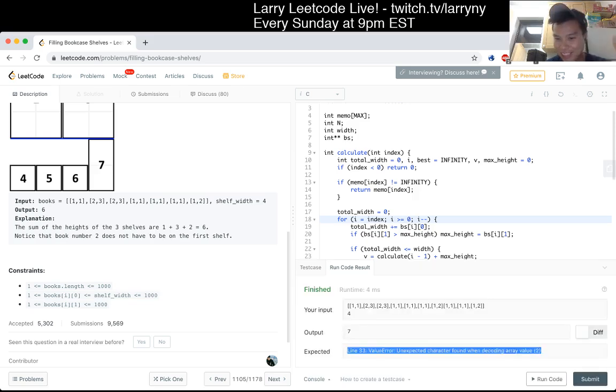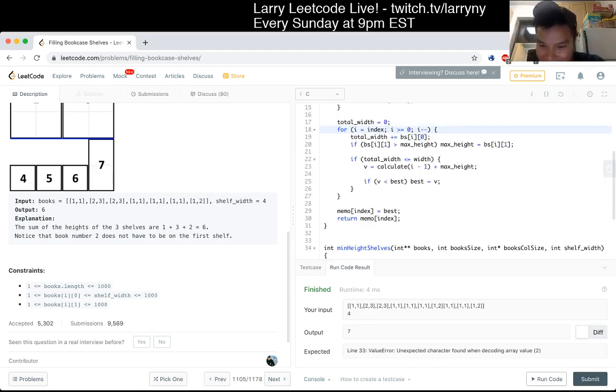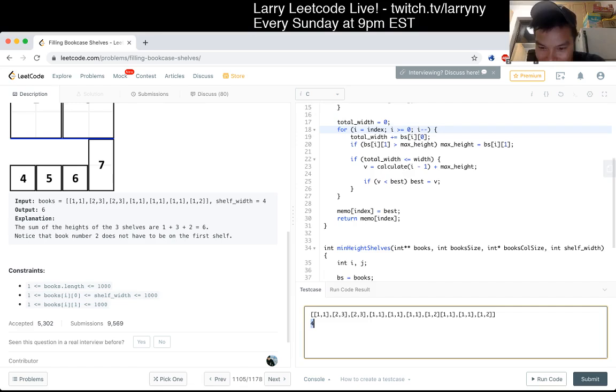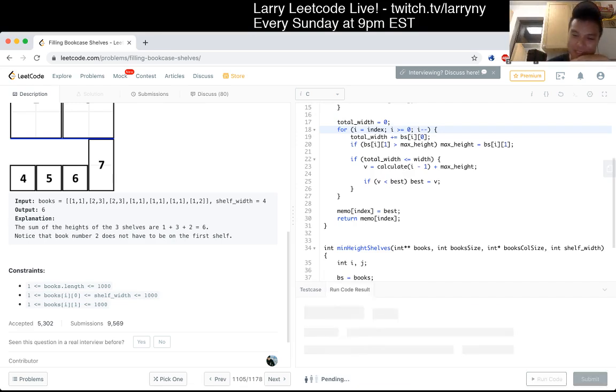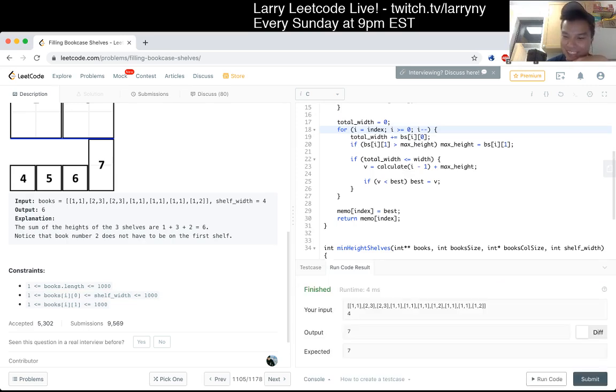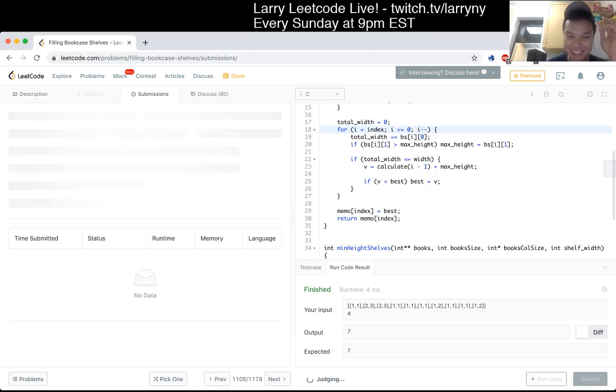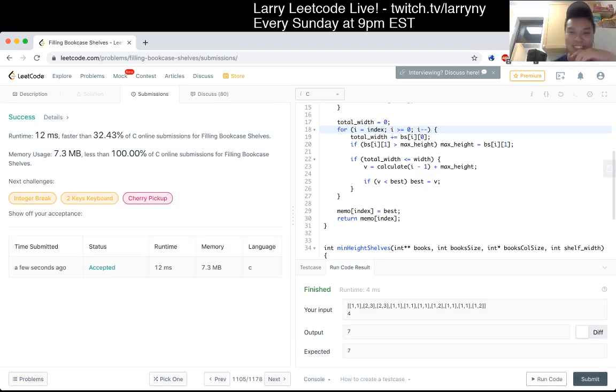Well, the expectation is wrong, but my code is right. But actually, I don't know. Oh, I forgot a comma. I guess my code isn't necessary. Right? Let's submit it and fingers crossed. Okay, wow. I mean,